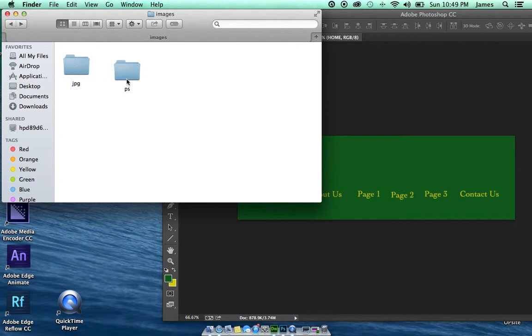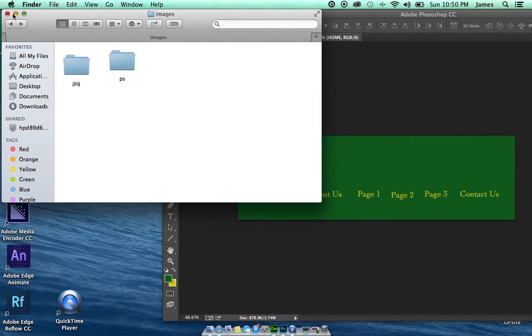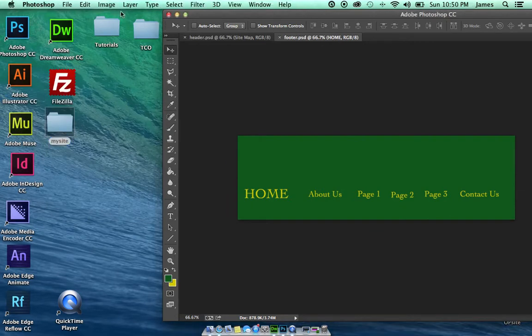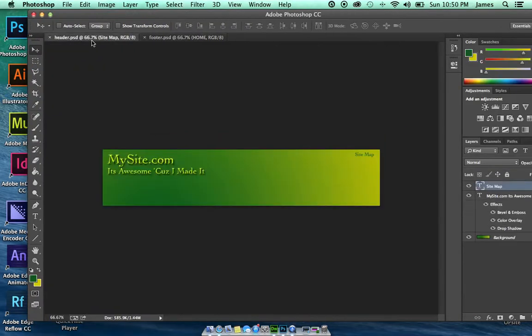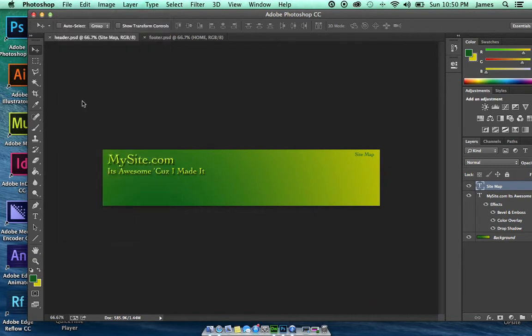So we're going to duplicate that again under the Photoshop folder. Let's create one for template, because this will be the images for a template page. Then create a folder for header, and then one for footer. Alright, we can back out of that and close that folder out. Then I'm going to take my header file, save as, and the first I'm going to save is my header